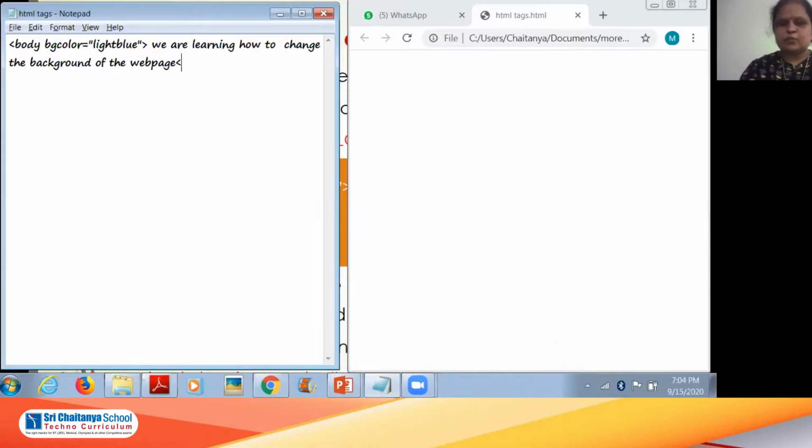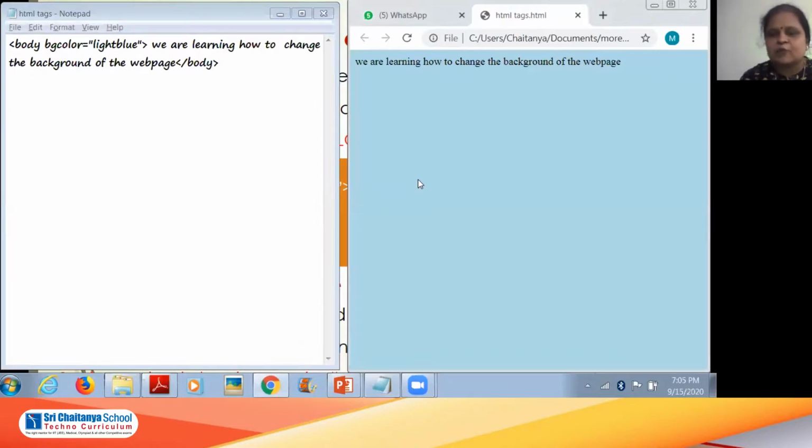This information only I want to display in the web page. So I will just close the body tag here. Let me save by pressing Ctrl S. Go to the web browser by clicking it. Just press F5. You can see now the background color is changed, and we are learning how to change the background of the web page. That information is also displayed.